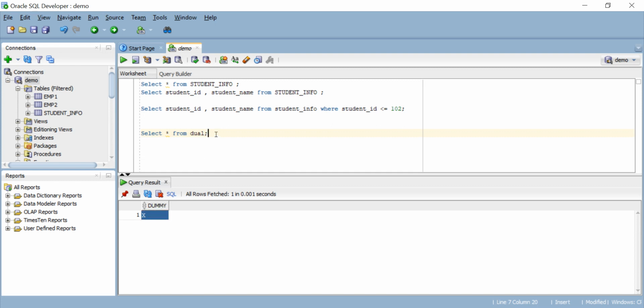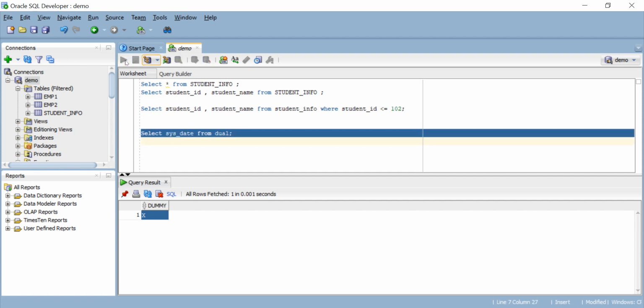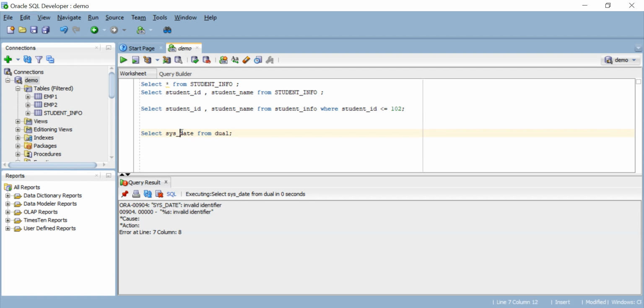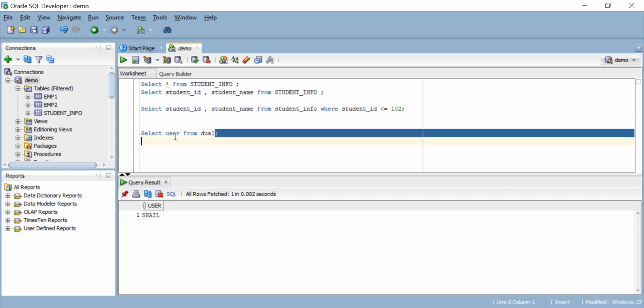Now, we mainly use it for getting system data, getting the username. Now, let's suppose we want something like the system date, I guess. Want to get this date. You can even see the users from the dual table. See, the username is shell. You can even have another